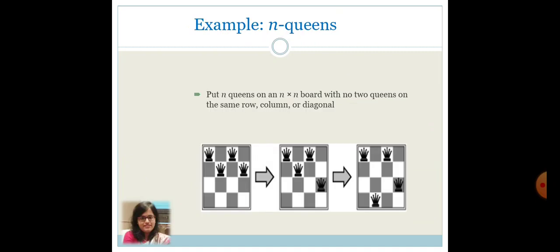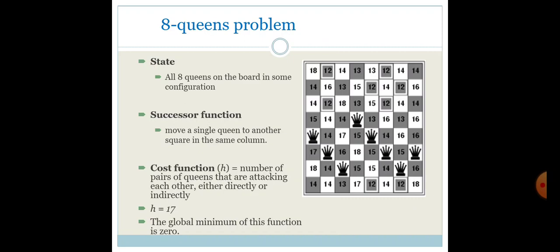Now, let us have a look at how GA can be used to solve real life problems. Here we have taken the example of n queens. The logic is to reach a certain state where none of the n queens are attacking each other when placed in an n cross n chess board. Suppose the n value is taken as 8. So we have to put 8 queens in this 8 cross 8 chess board. That is one particular state that has been given here.